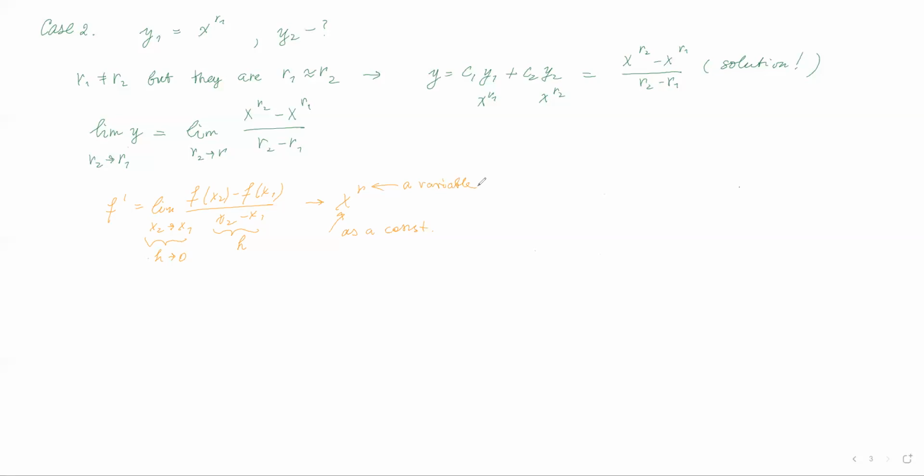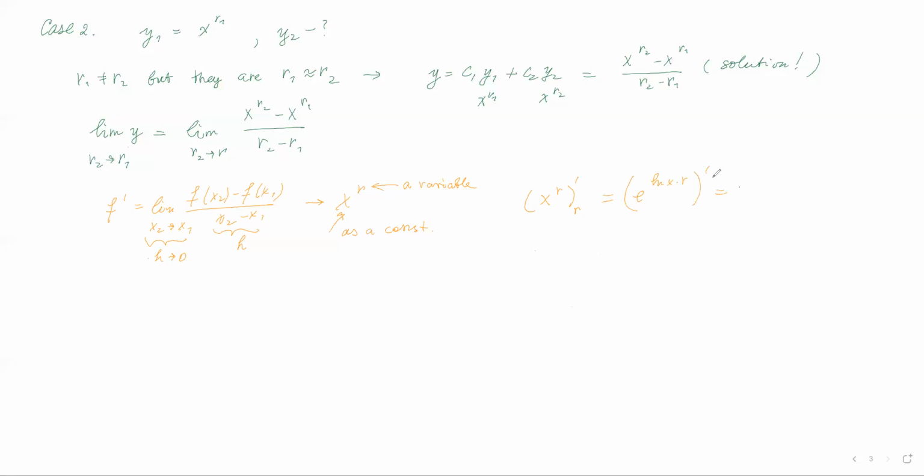Do we know the derivative of x to the power of r if x is a constant and r is a variable? Yes, we do. I'm going to write it down. If I want to differentiate x to the power of r by r, I'm going to put here r, showing that r is my variable. What can I do? I can use my standard approach, e to the power of ln of x multiplied by r, and then differentiated by r.